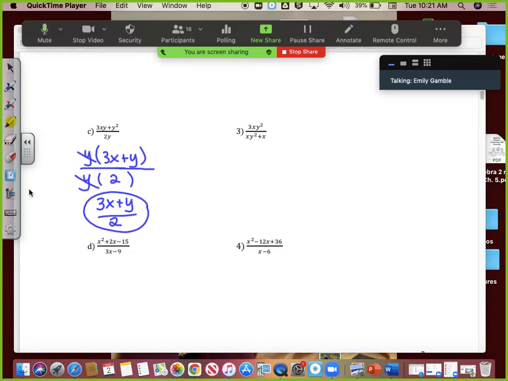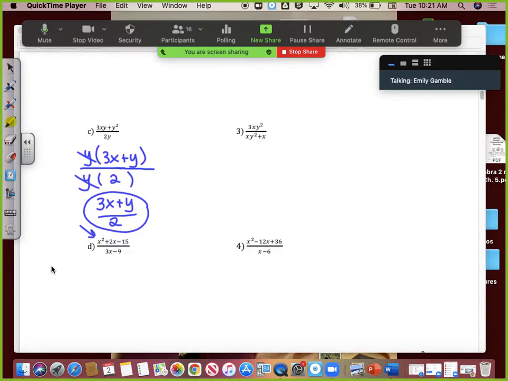Okay, and then letter D is the most difficult and challenging problem that we've seen so far in this section because it's asking us to take out all of the factors that we possibly can from the numerator and denominator, which in all of the 3 we did so far, we're just basically using the greatest common factor method. As soon as I see this numerator being a trinomial, x squared plus 2x minus 15, I realize I can't take a common factor from all 3, so I should probably be thinking to try a different method,